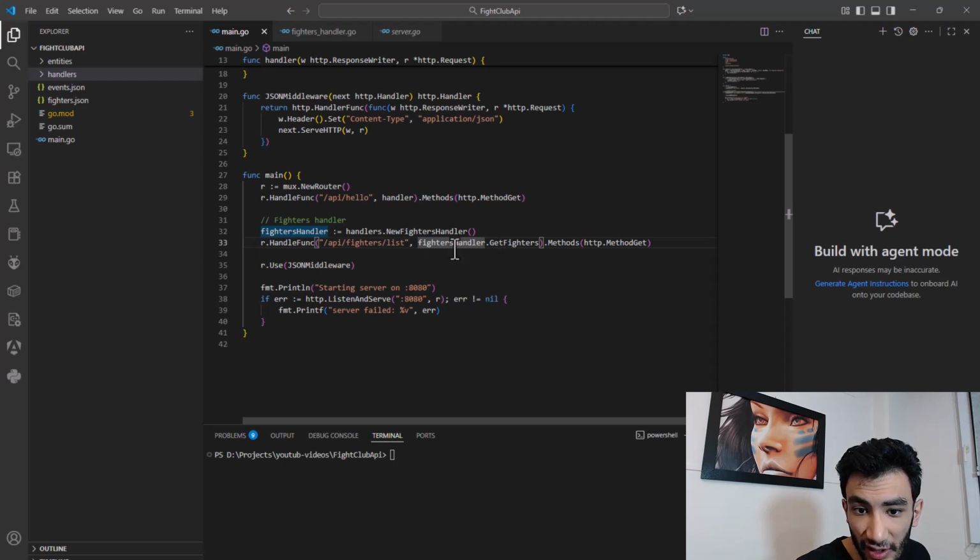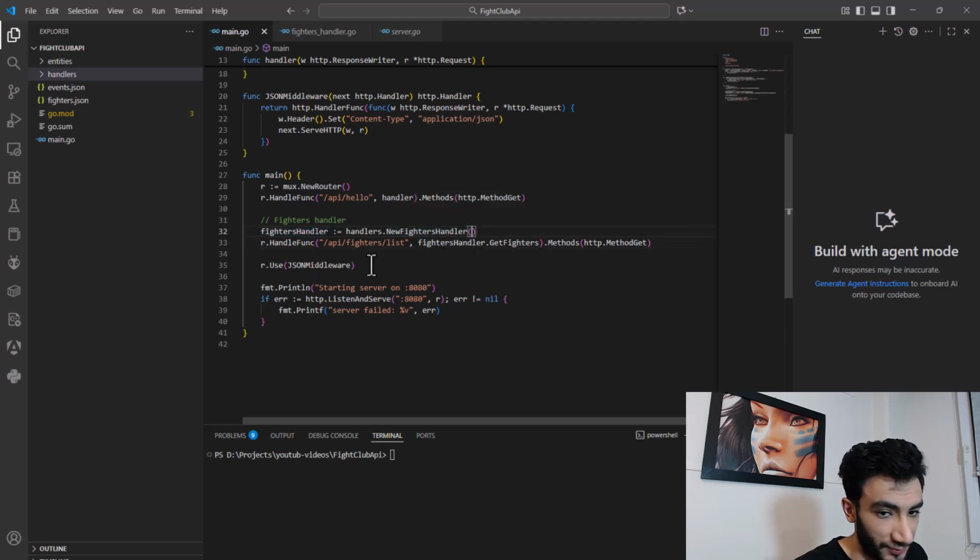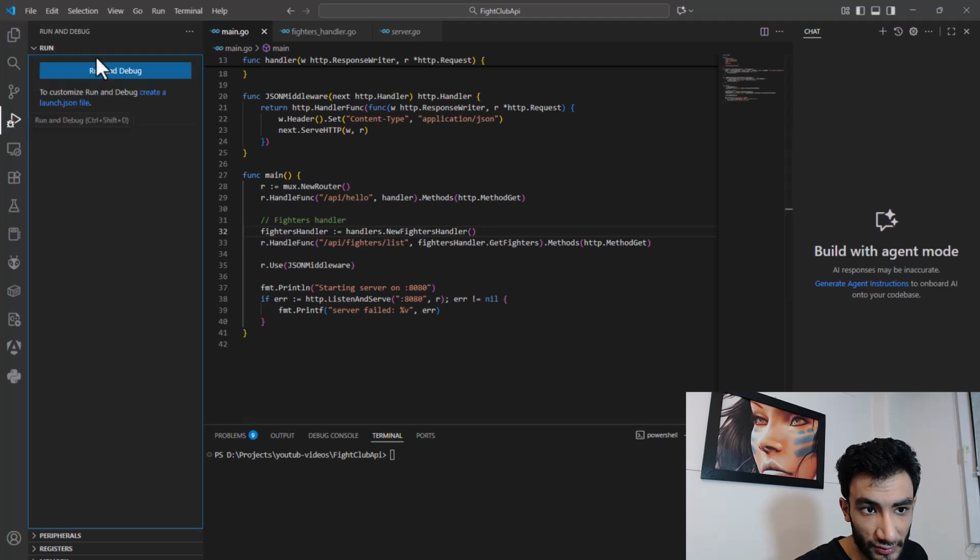The reason behind making a new structure for the fighter handler instead of passing this directly is that later on I want to pass some parameters to a new fighter handler, and of course in the future I want to make this injectable. We want to use Google Wire and such things. If I run the tests from my project,